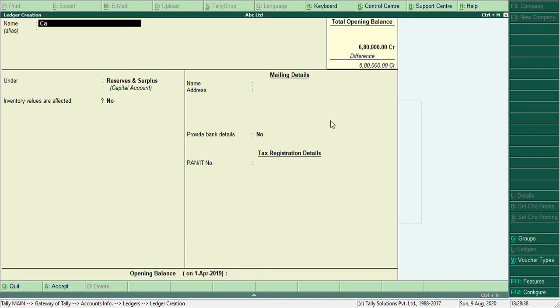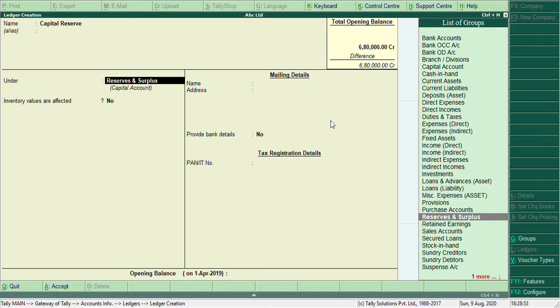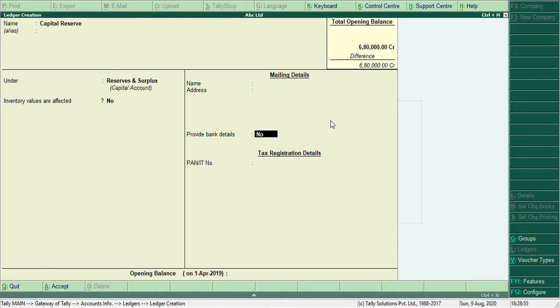Same way capital reserve, that is also again Reserves and Surplus. Opening balance of capital reserve 45,000, credit balance, accept.